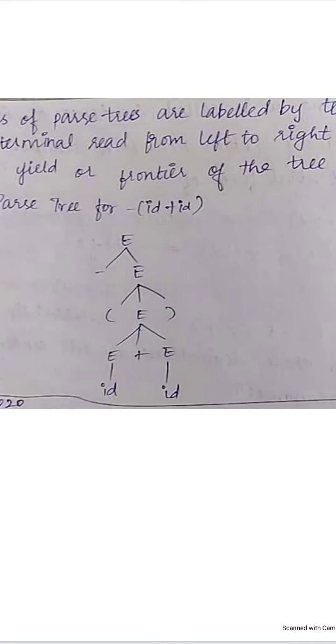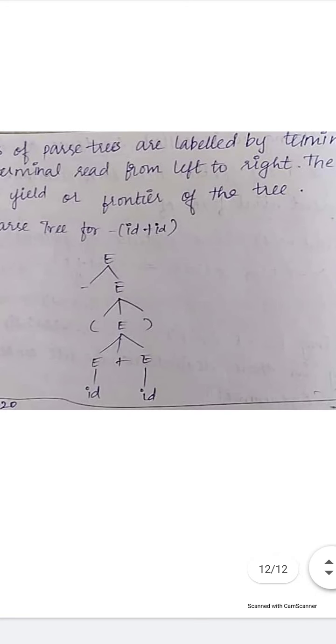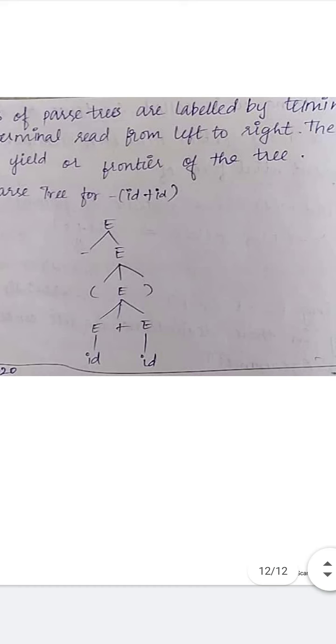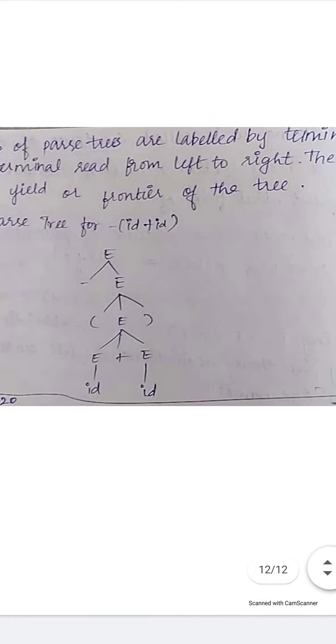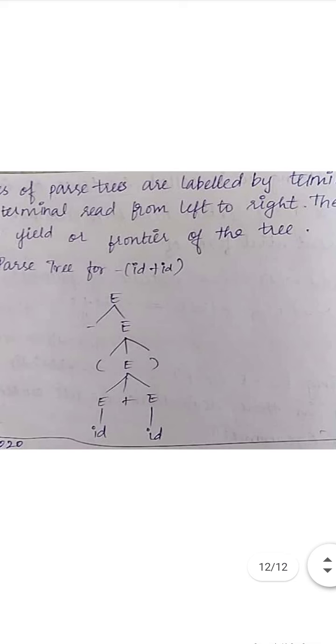So the leaves of the parse trees are labeled either as terminals or as non-terminals. And then you have two technical terms here, which are called yield or frontier. Yield or frontier, in the sense that whenever we apply the productions to the leftmost part of your productions, we call it the frontier, and to the rightmost of your productions, whether it is a terminal or non-terminal, we call it the yield. These are the important things about parse trees.